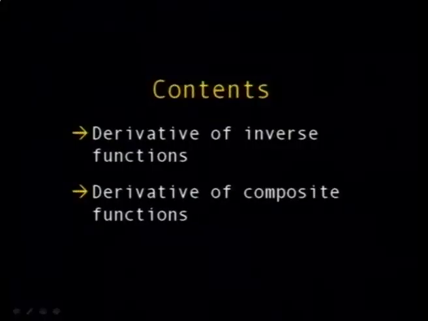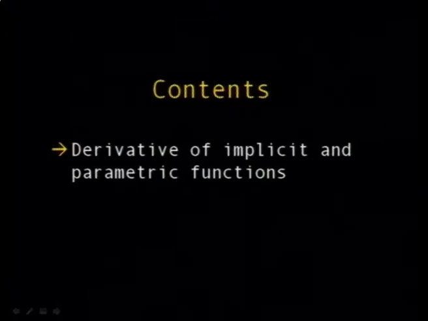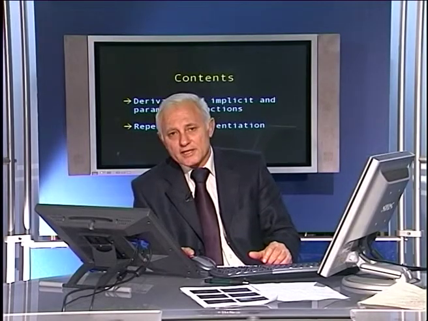Now, and then we shall be speaking about the derivative of composite functions, and here we shall be stating a rule called the chain rule, and this rule deals with such cases where the function is put into a composite form of two functions. Then we shall be speaking about the derivative of implicit as well as parametric functions. And then finally we shall end with when you have more than one derivative. In other words, you want the derivative of a derivative, and where do they exist and how can we deal